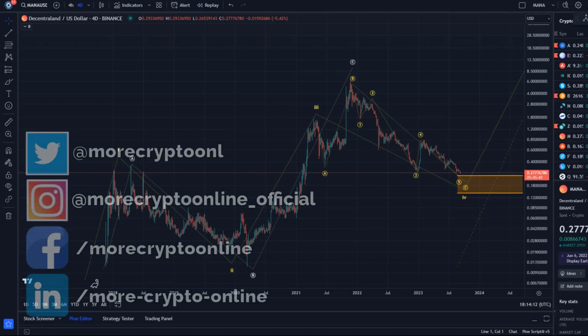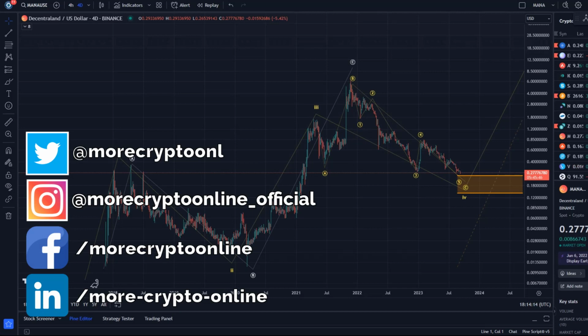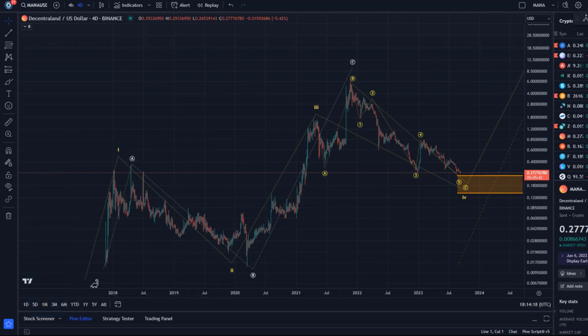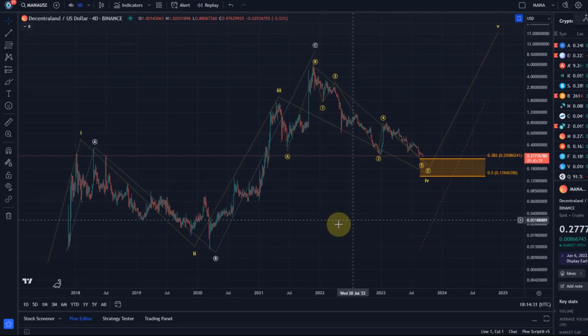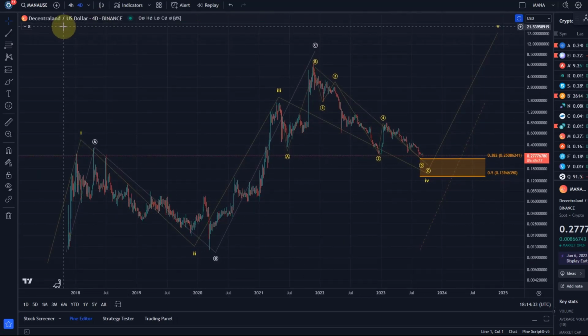It has been a long time since I've covered Mana, but not many people were interested anymore. But I had quite a few requests for Mana these days, so I thought I'd start with the 4-day chart to give you a bigger picture overview, so you can understand my justification of labeling the chart as I did. Looking at this all-time chart, basically the Binance chart, yeah?